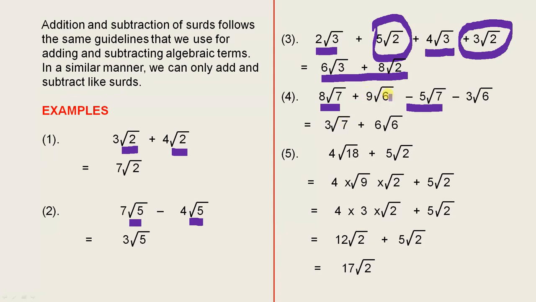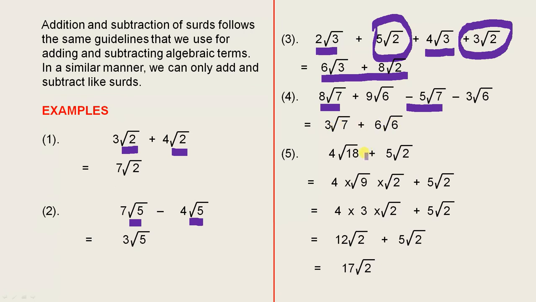Now we're left with 9 root 6, take away 3 root 6. Because the numbers under the square root sign are the same, we can subtract the numbers in front. 9 take away 3 gives us 6, so that's the answer: 3 root 7 plus 6 root 6. We cannot combine those because we have a 7 under that surd and we have a